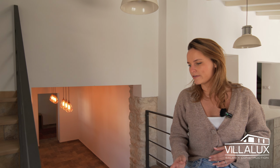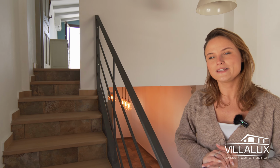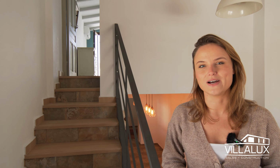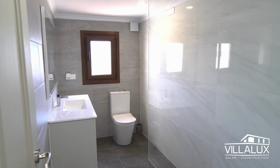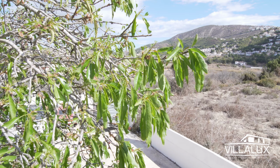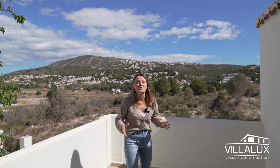And right here we have the stairs going upstairs, where you can find the master bedroom with ensuite. And it has a terrace with a beautiful view over the countryside of Moraira. Look at that. I didn't think there was a better place to end this video than here on the terrace